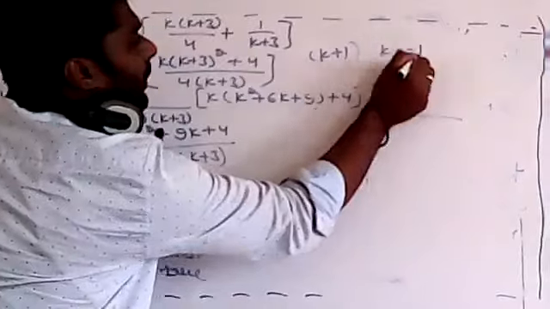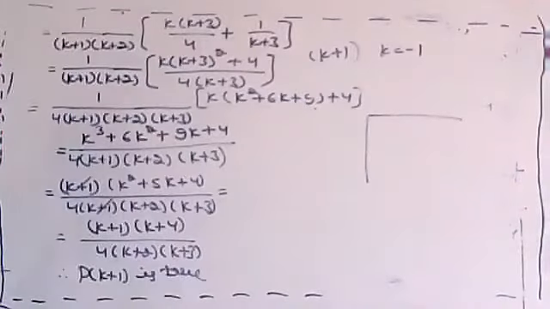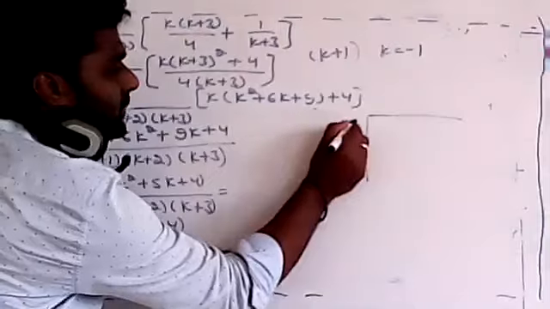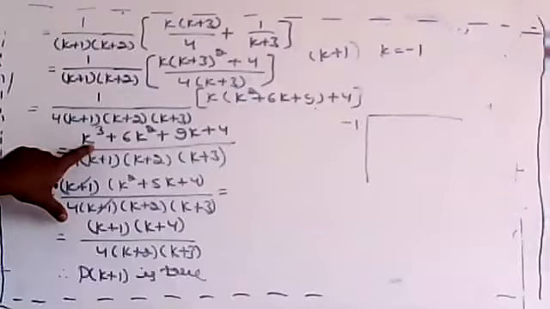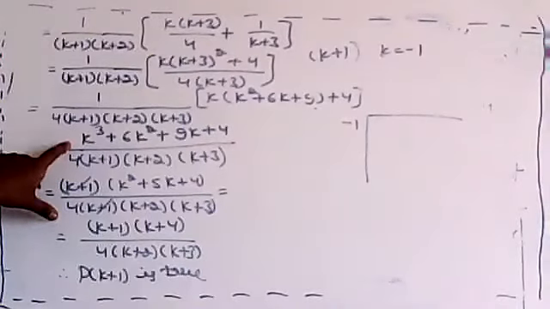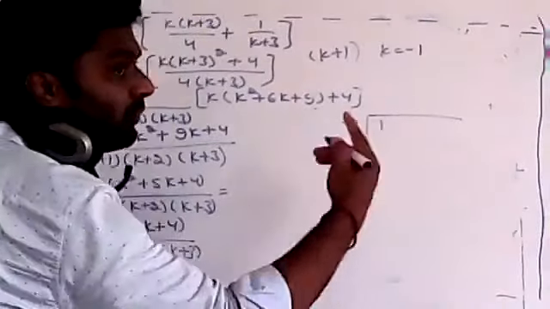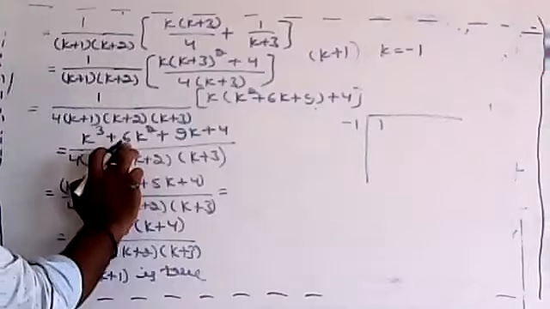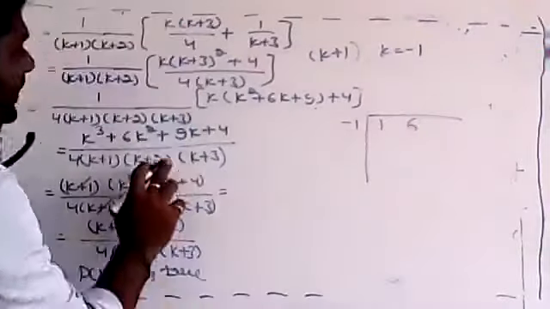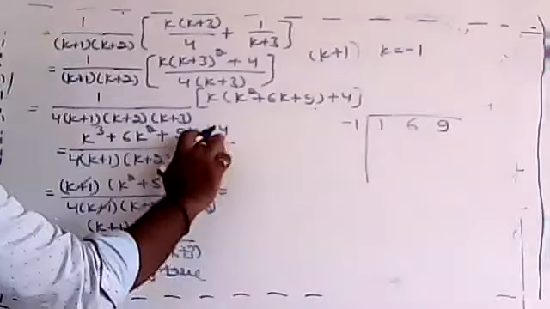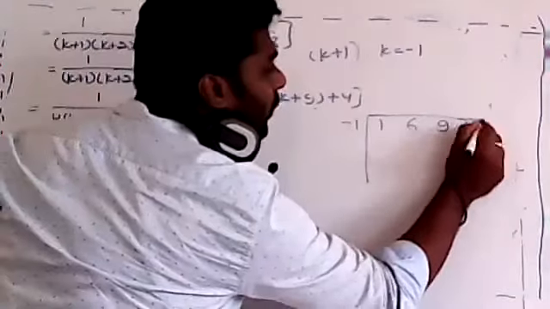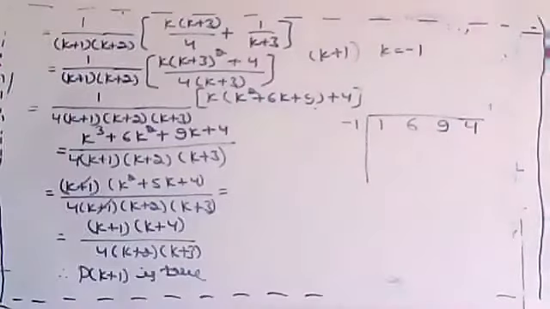So what is k equal to then? K is equal to minus 1, no? Correct? So I'm taking here minus 1. This one k cube is there, no? Whatever the coefficients are, just write down. What is the coefficient of k cube? 1. Then you go for k square. What is the coefficient of k square? 6. Then you go for the coefficient of k, that is 9. Then you go for the constant, that is 4. Correct or not? Now we have to solve that one.